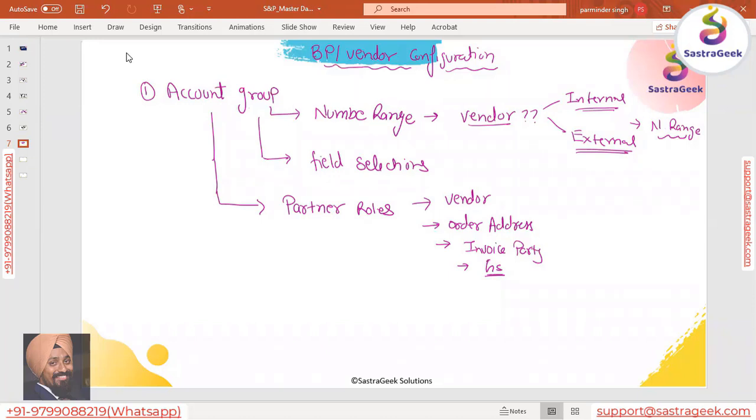That kind of thing you can also update against the account group. So account group is the first thing we need to create.